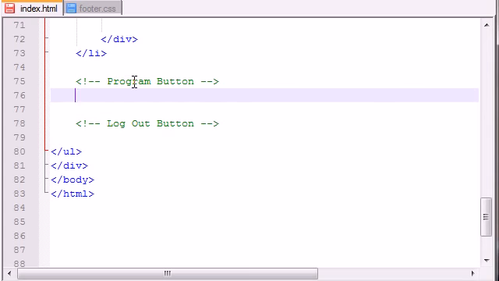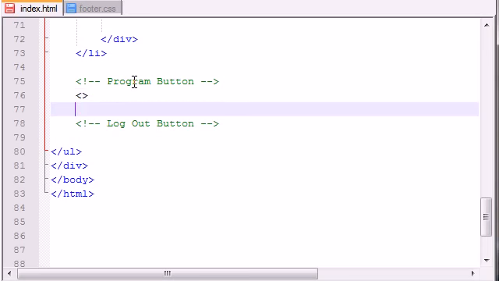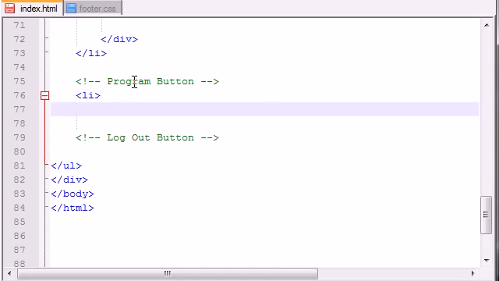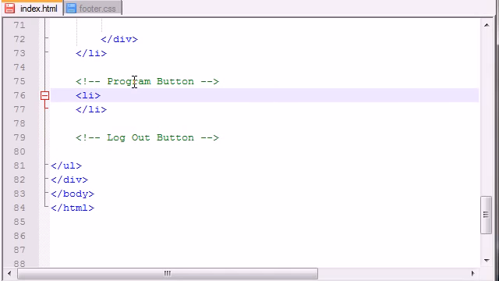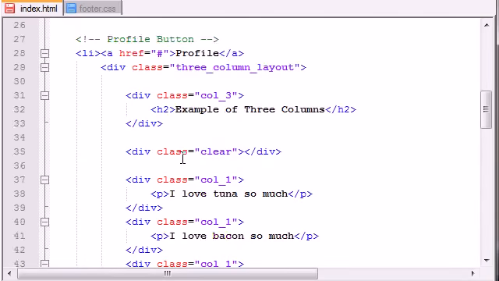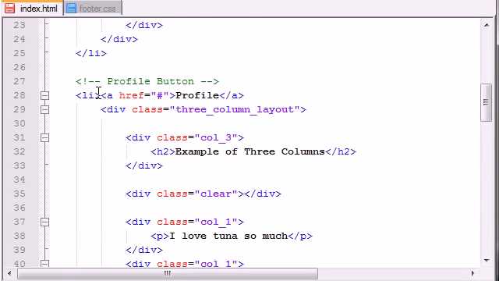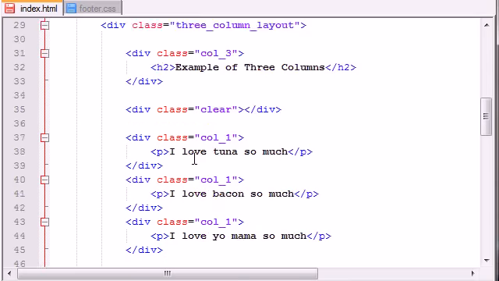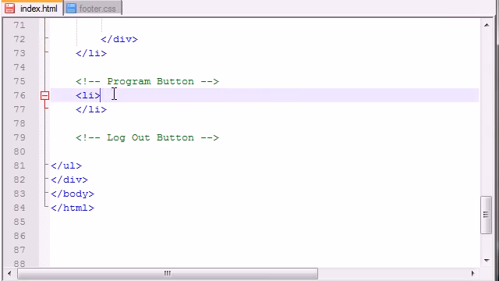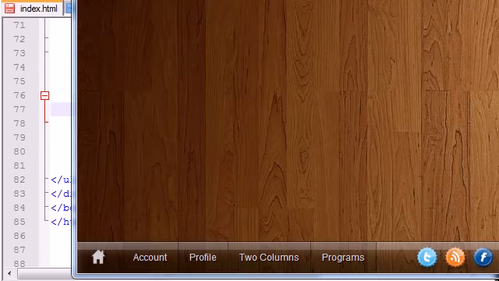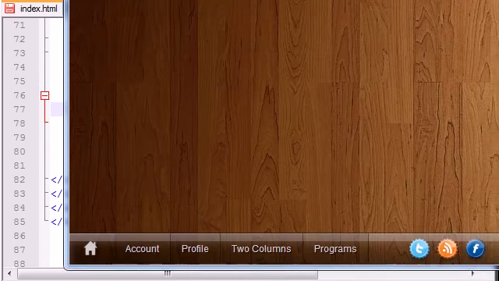But anyways, for the program button, of course, the first part is easy. The first thing you do whenever you want to make a button is you add a list item. And let me go ahead and copy this. And to add any text on it, what you do is you add programs. Now on my website, I like to make this a little bit different,